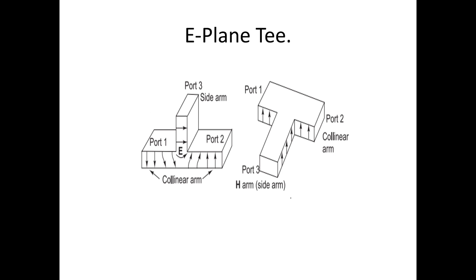Now we will look at an example of a simple E-plane T. The E-plane T is a three-port microwave network. It is one of the simplest three-port networks. The property of the E-plane T is that whatever input comes into port 3 is split equally but out of phase between port 1 and port 2. The inputs from port 1 and port 2 subtract